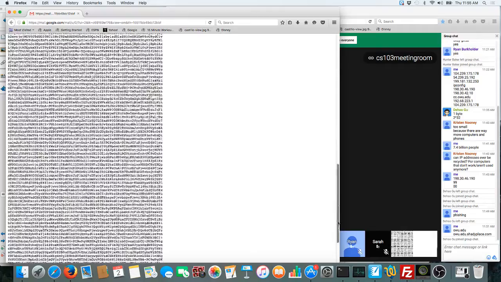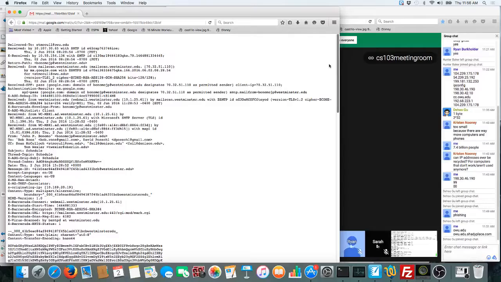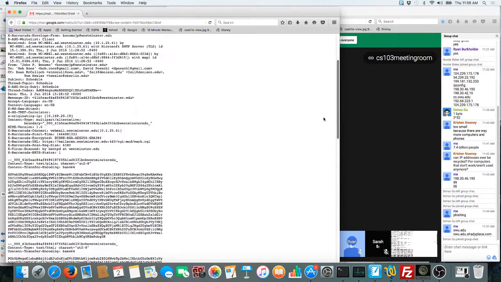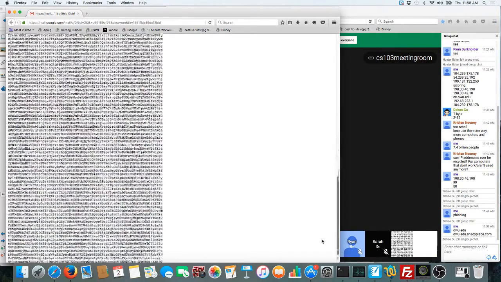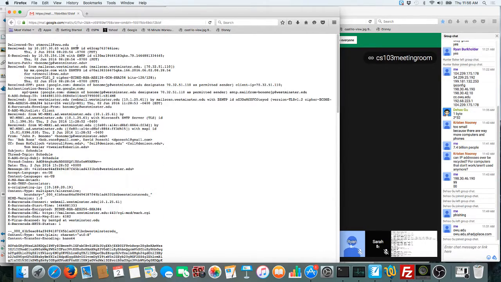and all of this is information about the email and about the header and stuff like that. It's encoding information and all of that stuff. What I want to look at is this part here, delivered to me. This part here is the IP address of our mail server over at Google. This right here is who it was sent from, at Westminster.edu, and this is the IP address of where it was sent